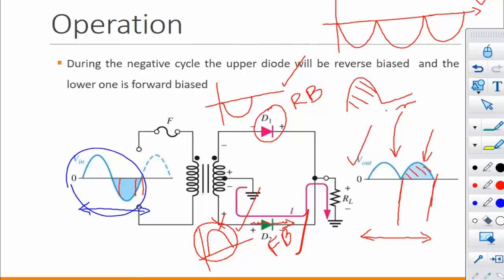But during the other half, it's 0 amps, so the load will not get any current during that time, correct? Because the voltage is 0. But for full wave, it's not like that. The current is available to the load resistor for the entire duration. So that being said, the full wave rectifier